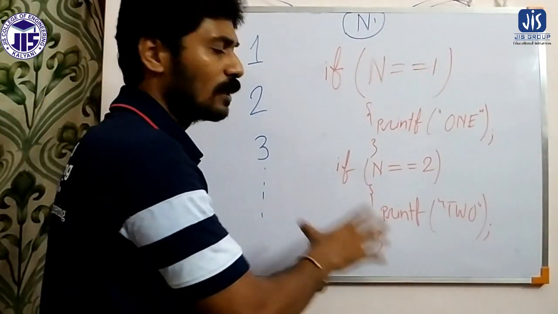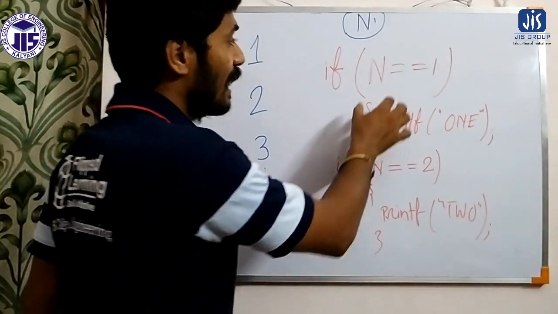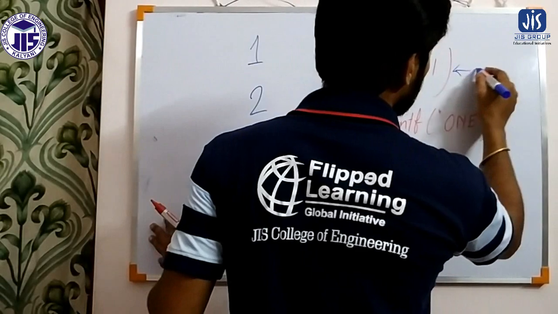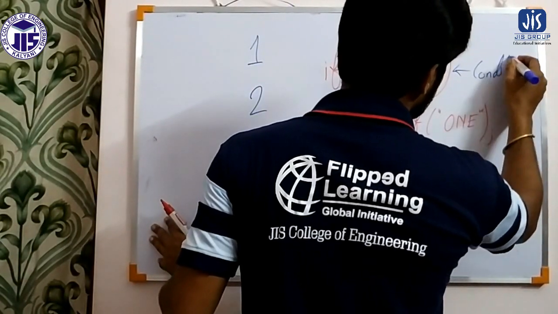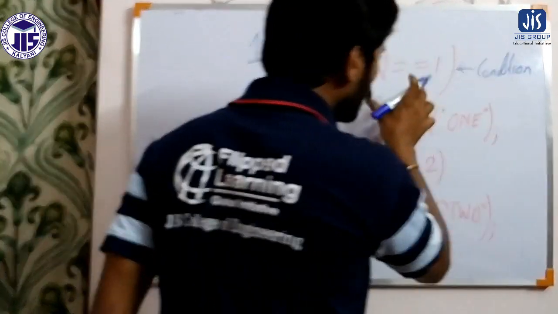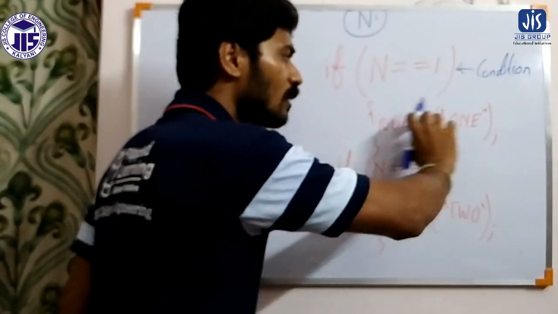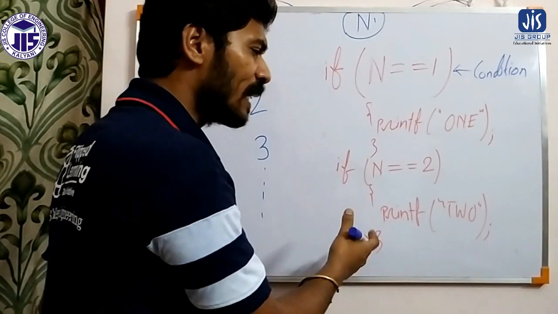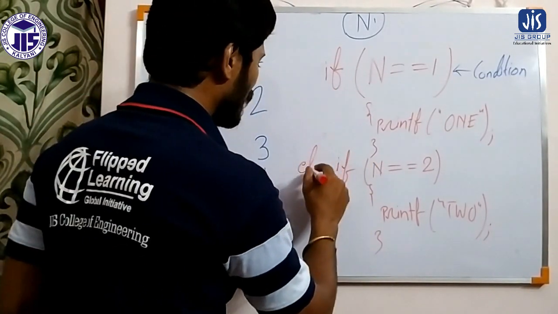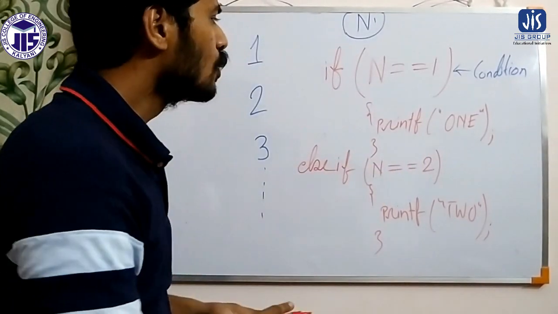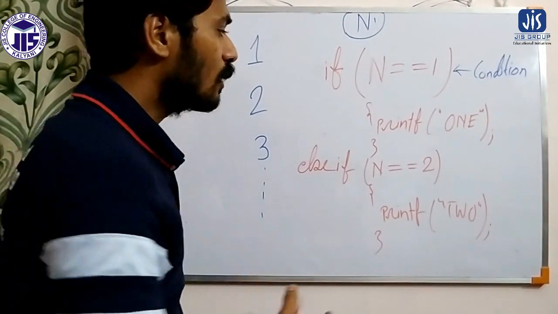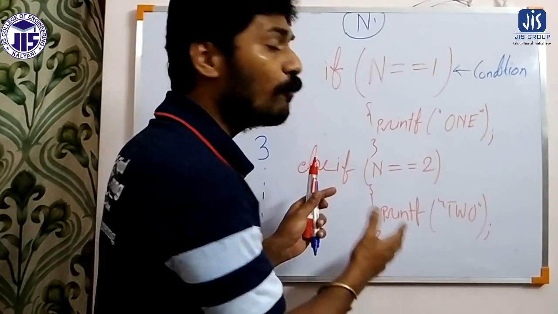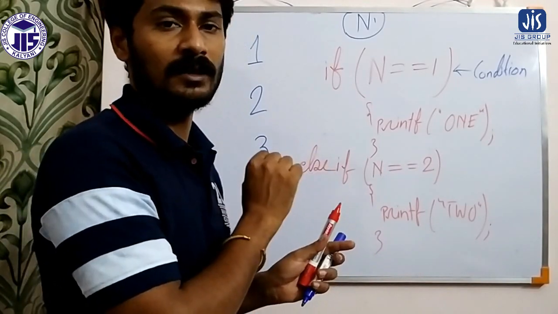Now in this same representation we have applied the condition that n equals 1 or not, n equals 2 or not. So these all are conditions, and we have to verify the condition. If the condition is true, then the true statement block will get executed. And if the condition is false, it will come to the next. So here you can write if, or you may write else if, whatever it is. In that way we can proceed. With this same concept we will get the same output, but the way of execution will be a little bit different.